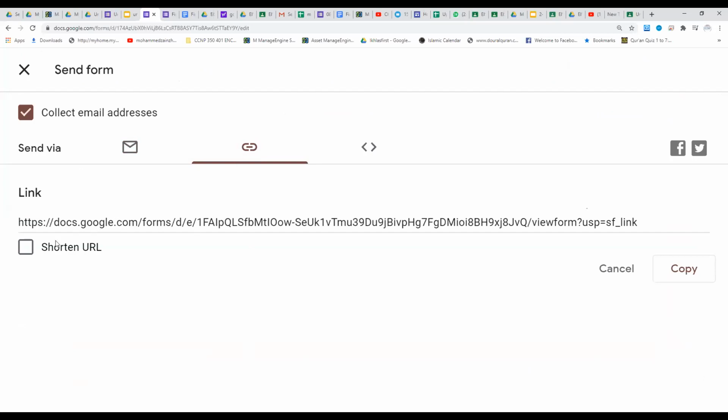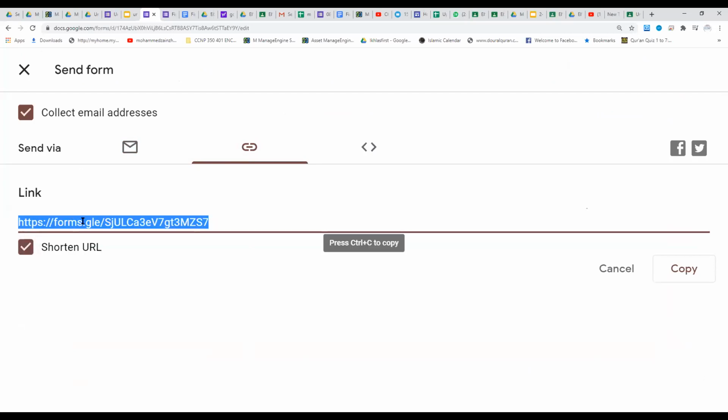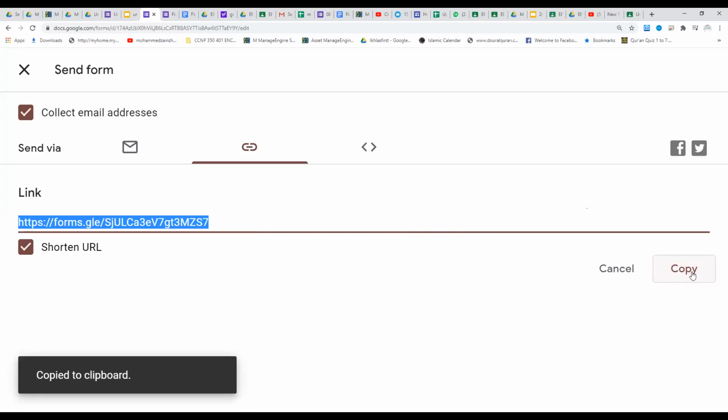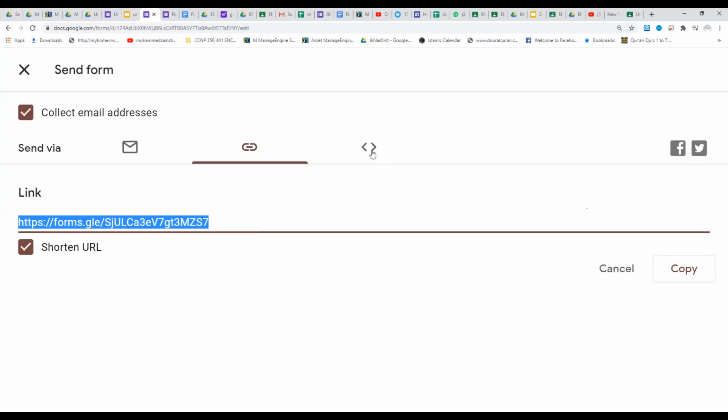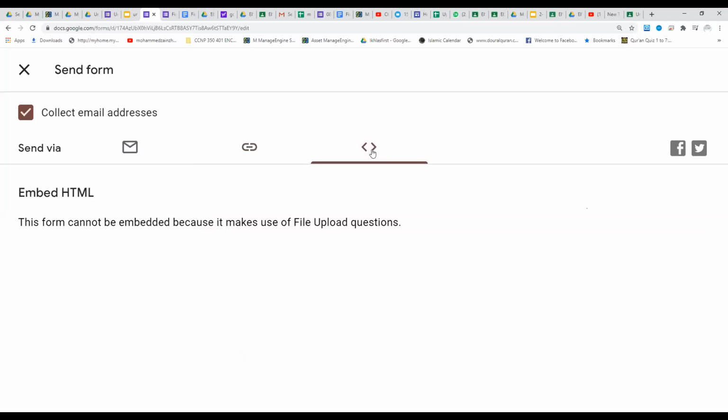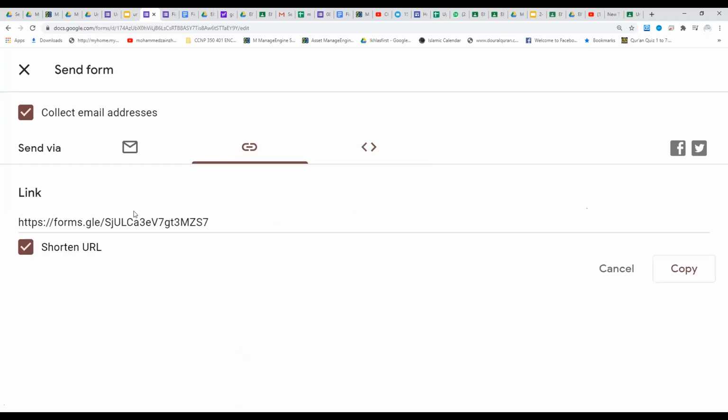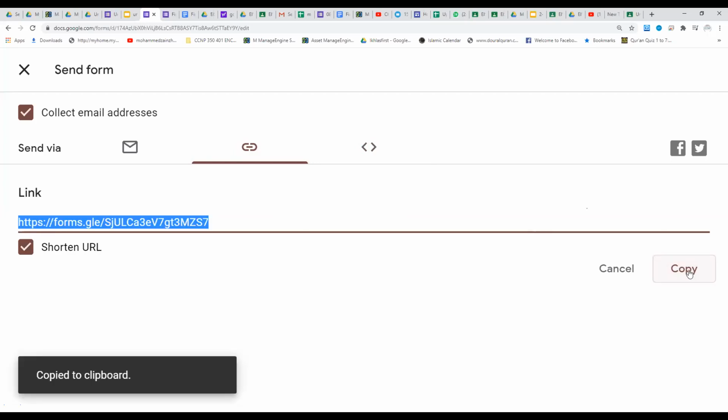This is for the long one. Just click here to get the short Google form URL and copy. If we want advanced features to embed our online form in our site, we can use embed. But this form cannot be embedded because it makes use of the file upload option. We cannot use the embed feature on a site, because we have an upload option for ID. So what we did, simply get this one, copy,